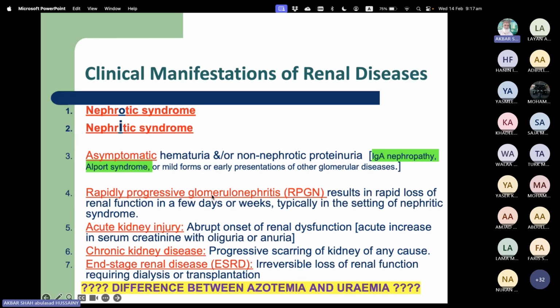Then rapidly progressive glomerulonephritis is a very serious condition, and the renal function deteriorates in a few days and weeks, and the patient goes into